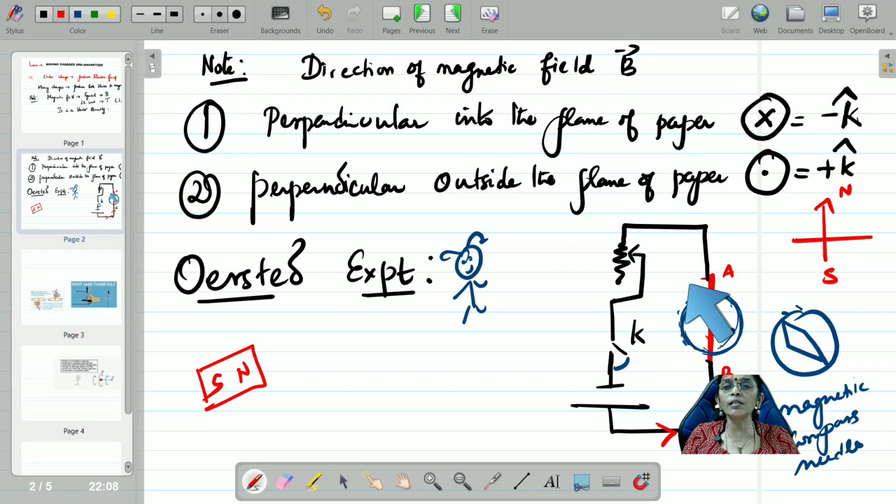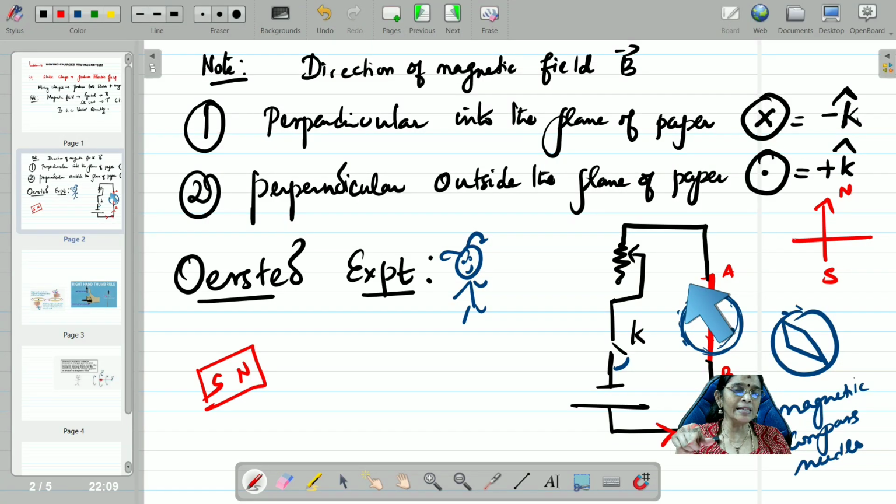When does the magnet start responding? It will respond only to another magnet. But he was wondering, there is no other magnet present. He was checking beneath the table, above the table, nearby the table. Nowhere was it there. So this made him explore more. He came to the conclusion that it is because of the effect of a magnetic field produced around the wire. That is why the magnetic compass needle was dancing left and right like that.